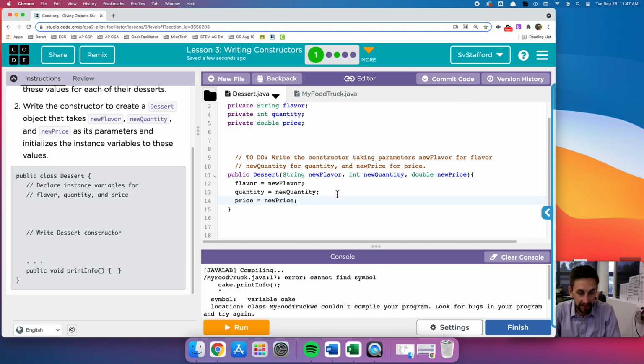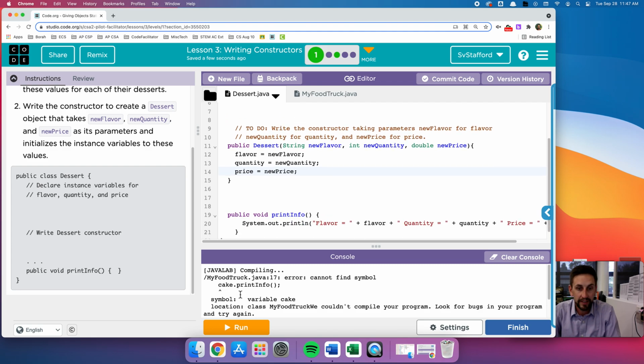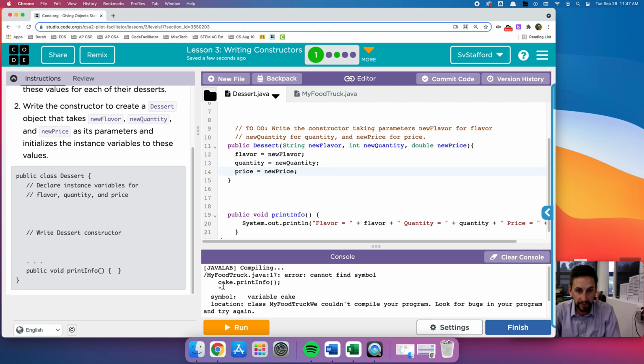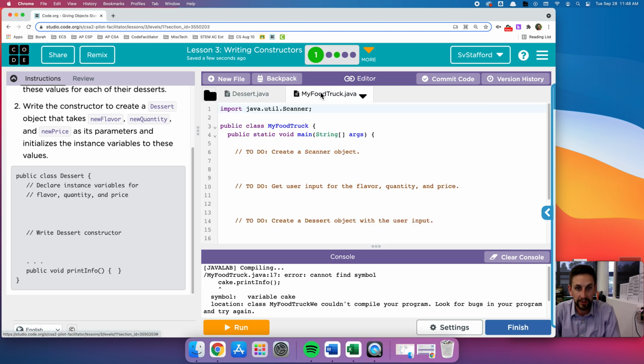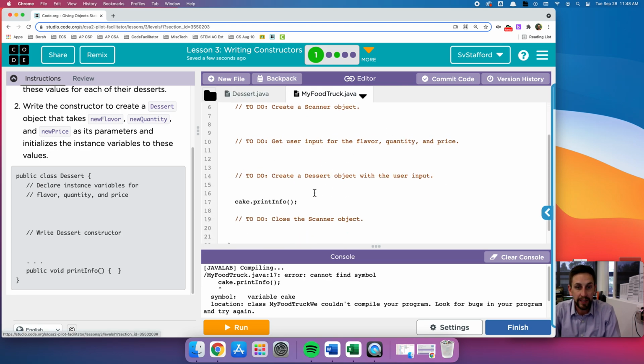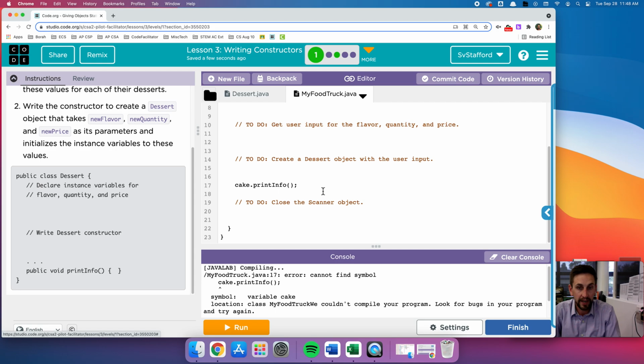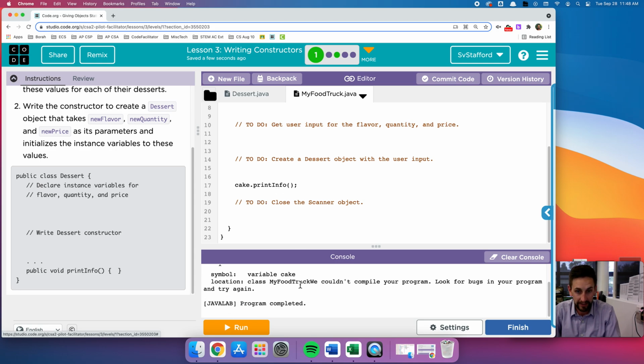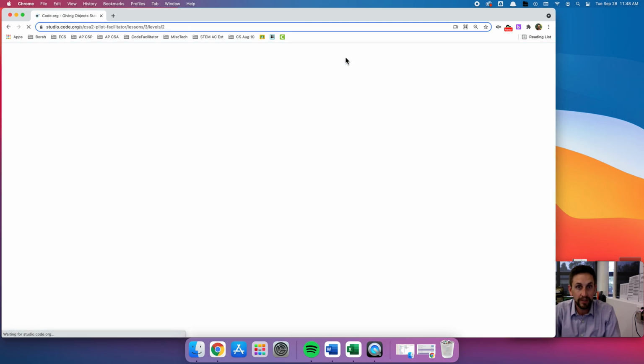see if there's an error, and I have cake.printInfo on my food truck. So I'm going to take a look at that. And I haven't completed this one yet. So it's calling cake.printInfo, but I haven't created a cake object yet. So that's what we're going to do on